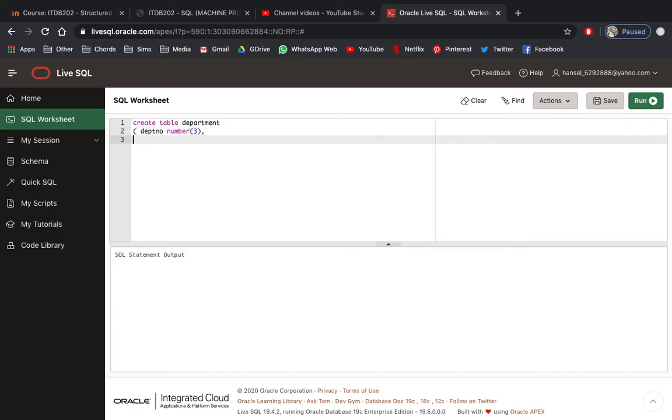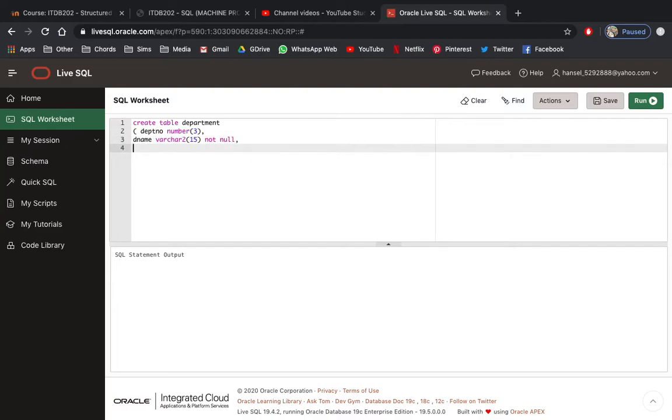Next is the name, varchar2, size is 15. Constraint given is not null,